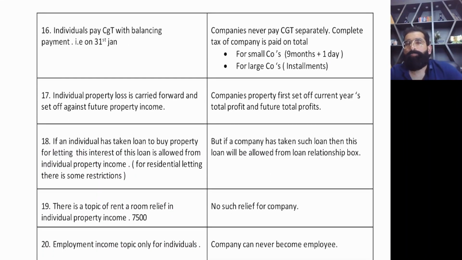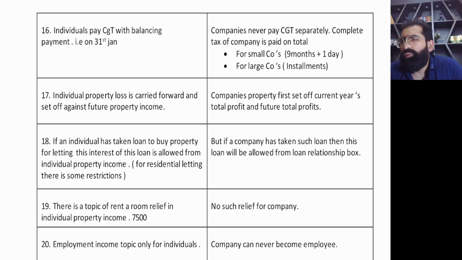Yes, the payment date for individual CGT is after the fiscal year. If you are paying for the 23-24 fiscal year, it is the next 31st January after the end of the fiscal year. So for the 23-24 fiscal year, the CGT due date for an individual is 31st of January 2025.